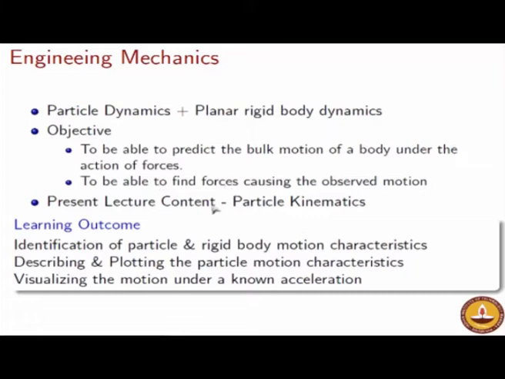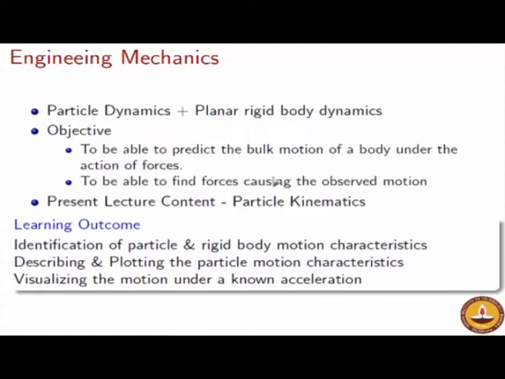There is also a very nice converse problem. Suppose in the case of a satellite launch, we are looking to have certain motion characteristics of a satellite. The ISRO people would want their launch vehicle to go in a specified fashion and to reach a particular point at a particular time. The converse problem is therefore also very interesting: if you know that you have to go from one point to the other in a certain fashion, how will you apply the forces such that you in fact undertake that motion and nothing else?